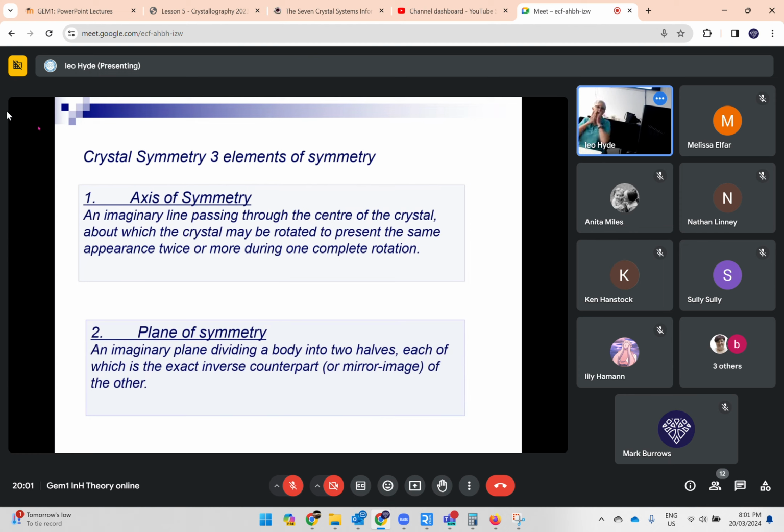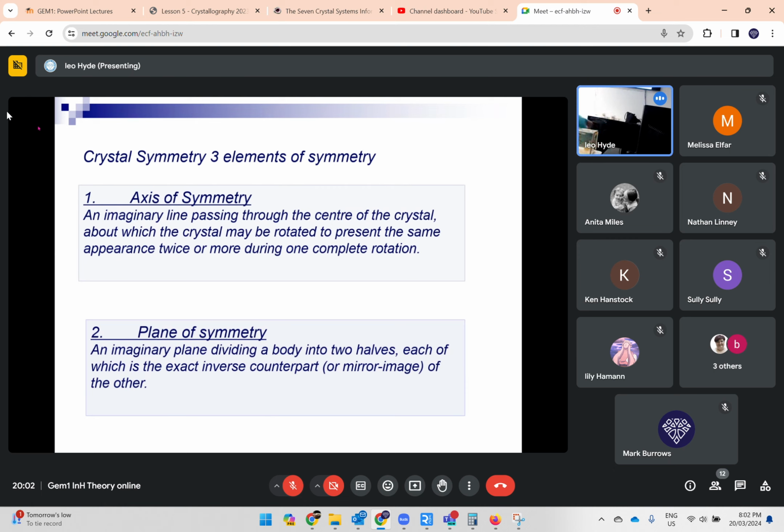Okay, so the axis of symmetry is talking about an axis. These 3 are important to know, otherwise you will get lost. An axis of symmetry is an imaginary line passing through the center of the crystal, about which we can rotate it and see how many faces we're going to see. So if I've got a crystal here like this, my axis of symmetry might go down through the C-axis. Now, if I rotate this, this is tetragonal,